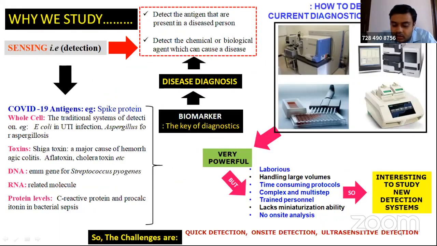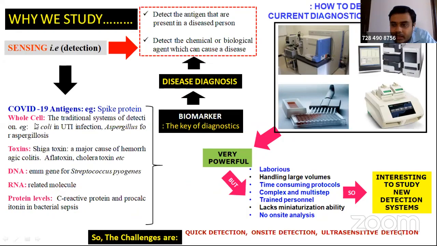Now I will bring the attention of the students to why we study this. That is very important. Whenever we say the word sensing, the meaning immediately goes with the process of detection. You can see the slide; I am just summarizing it. When we say detection, it means we are going for a sensing part. I have deliberately put a COVID-19 antigen also. It means anything which is related with a disease, anything which can cause a disease, can be detected or sensed. That is the basic idea. These are a few examples.